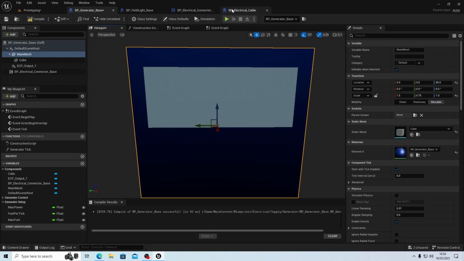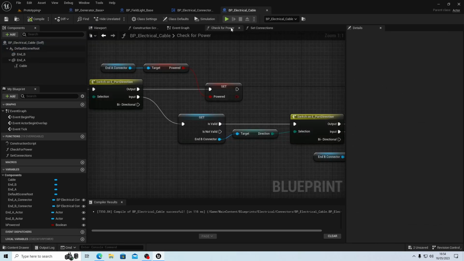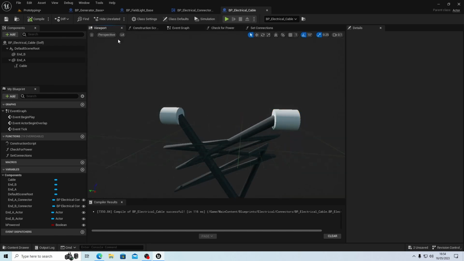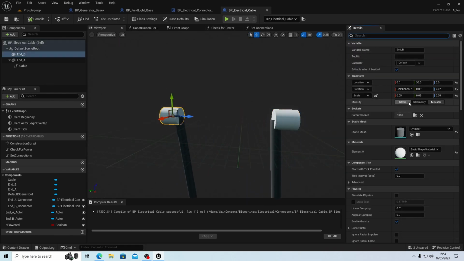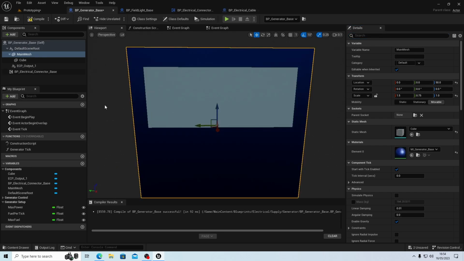Now what if we go back to our electrical cable and we look at the ends on it. We had those set to 0.05 across the board. So if we create them, then move them onto there is the idea. So we create them, then put them on there. So this is going to be our panel. We're going to use